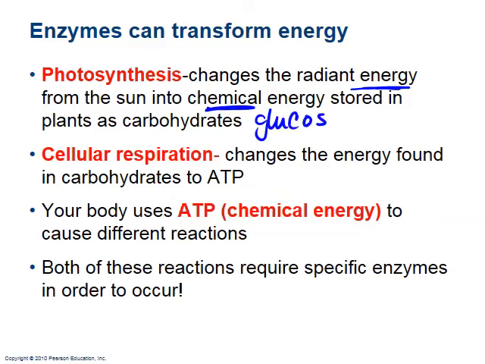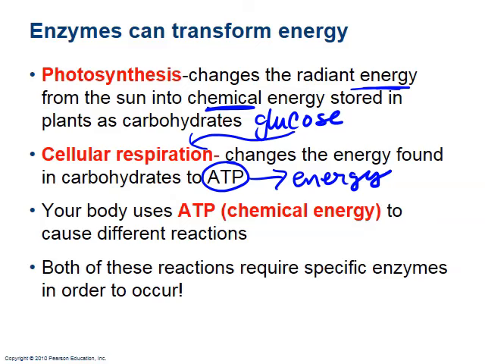What was that chemical energy? It was glucose. Then we eat glucose. We eat plant matter, right? So we consume the glucose, and during cellular respiration, we turn glucose into ATP, and this gives us the energy that we need to carry out tasks within the body. So both of these reactions are necessary for us to generate energy, and both of these require very specific enzymes